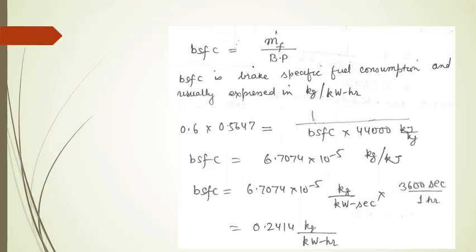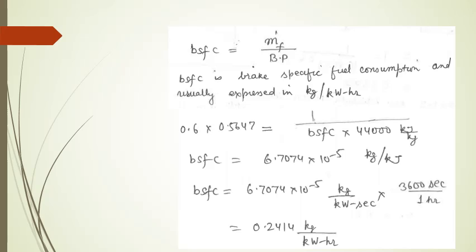Now you have put all the terms that are known to us in the equation that was given at the end of the previous slide. So basically BSFC comes out to be 6.7074 into 10 raised to power minus 5 kg per kilojoule. Why so? Because you see